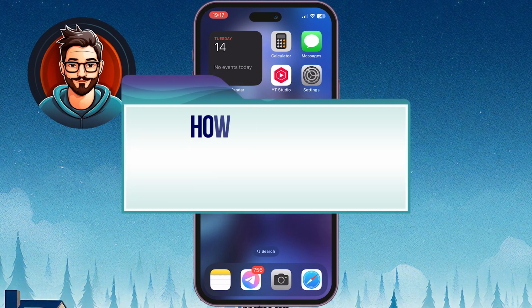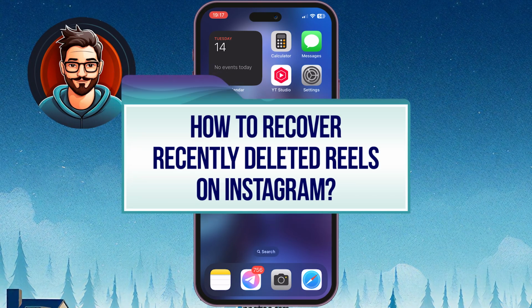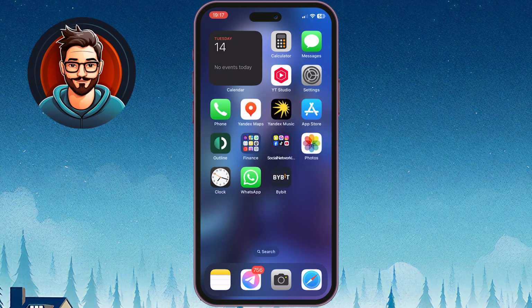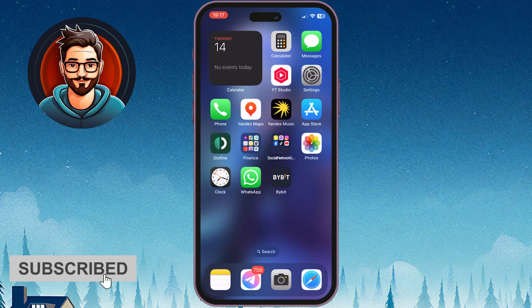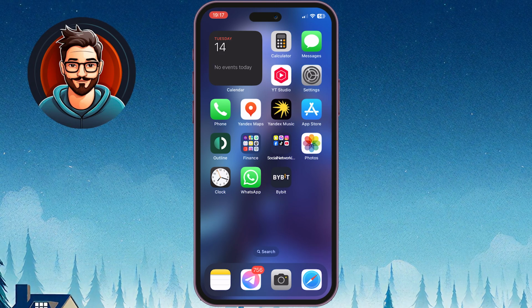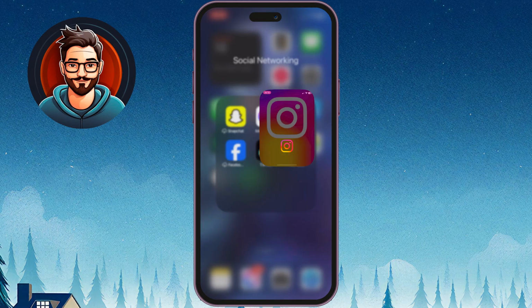Today I'll show you how to recover recently deleted reels on Instagram. If you've deleted a reel but now want to bring it back, this step-by-step guide will help you. Let's dive in. Open the Instagram app